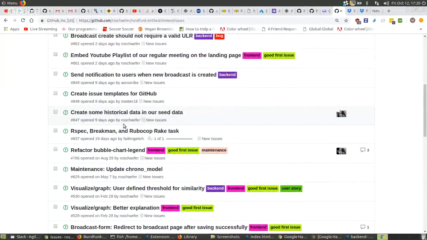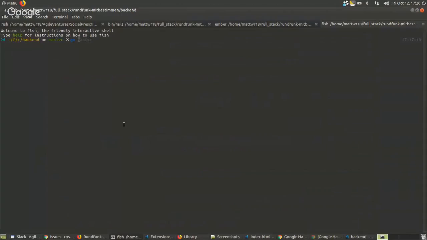I guess I could run the tests off of master. So if I do RSpec, I'm running all the tests, and you can see here that for me, it's all working. That's probably because I have things set up a little bit differently.